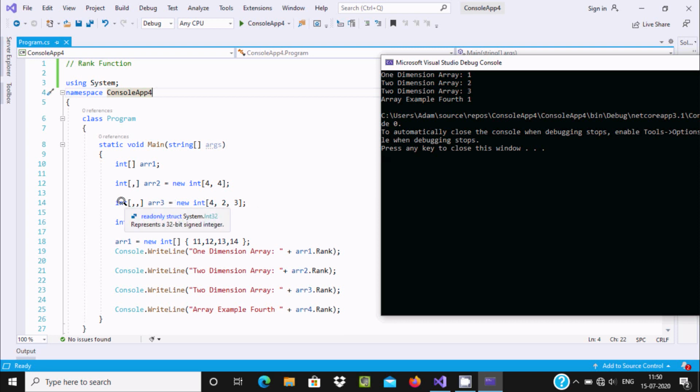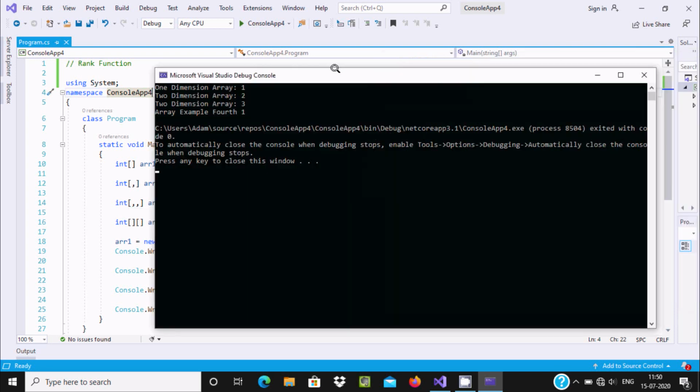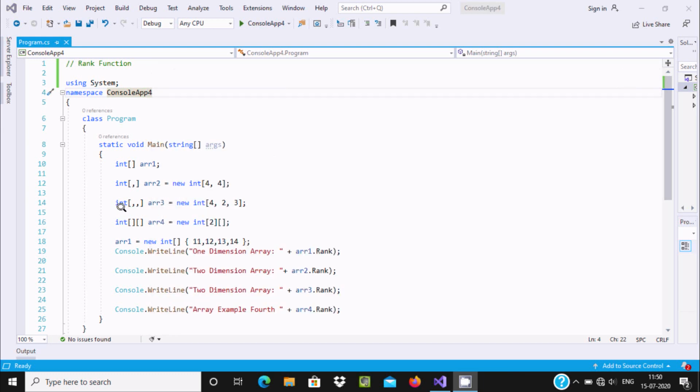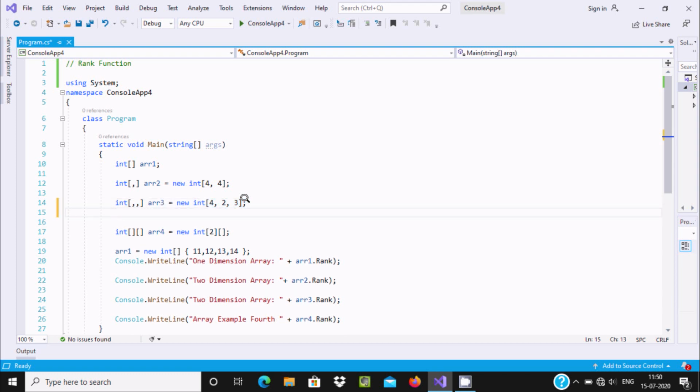And if you want to give a four-dimension array, let's create one. You need to copy this and paste it down and give a unique name, arr4. Since arr4 is already there, let's comment that out. Let's add one more comma.